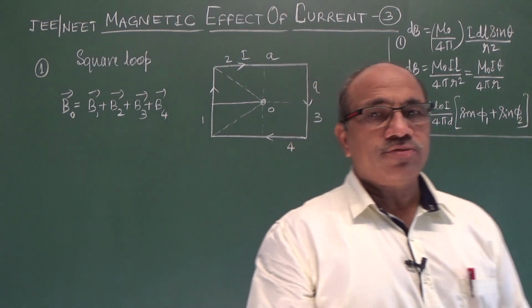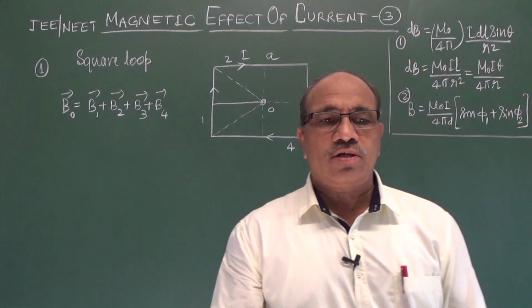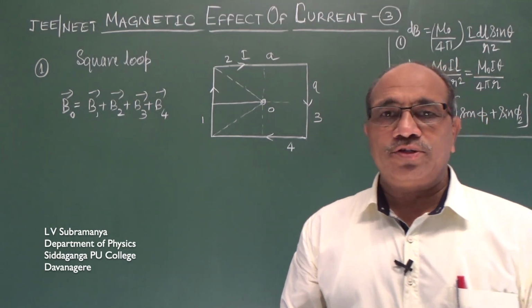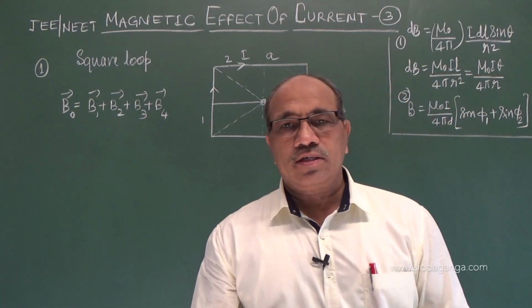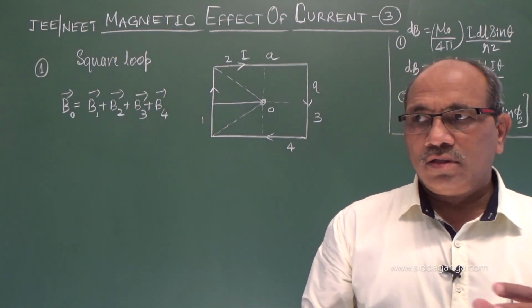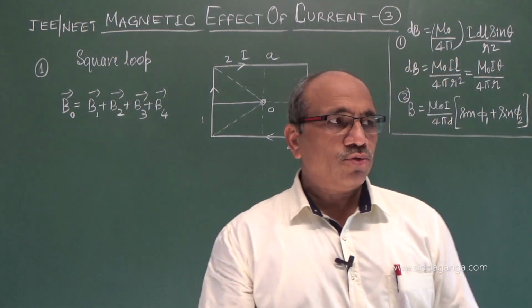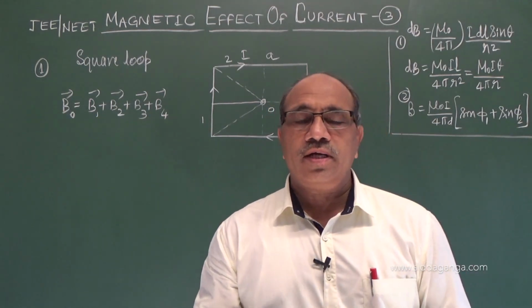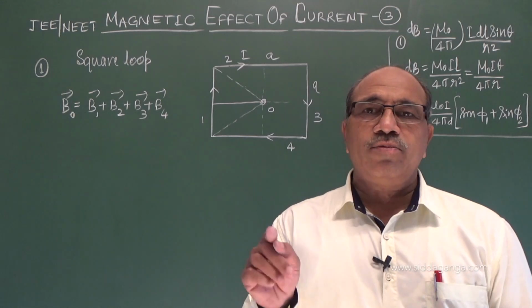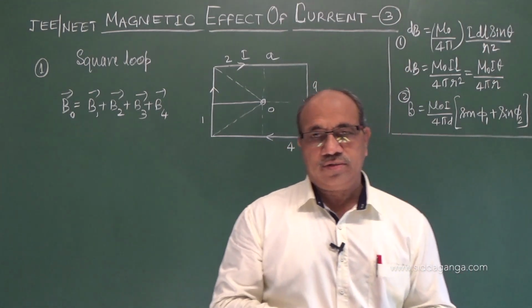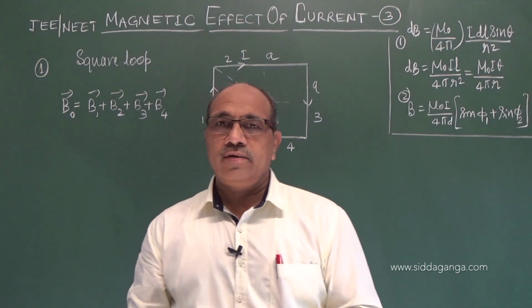Students, in the previous video we have discussed some special cases on Biot and Savart law and also the magnetic field produced by a straight conductor carrying current. And two important relations I have shown for the magnetic field. In case of an equilateral triangle carrying the current in the same order in the three arms, what is the strength of the field at this common center, the circumcenter of the triangle.